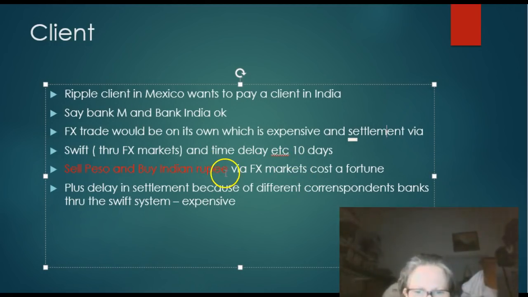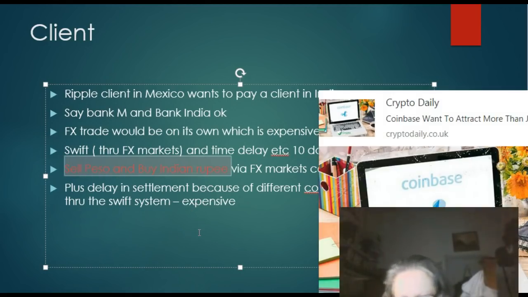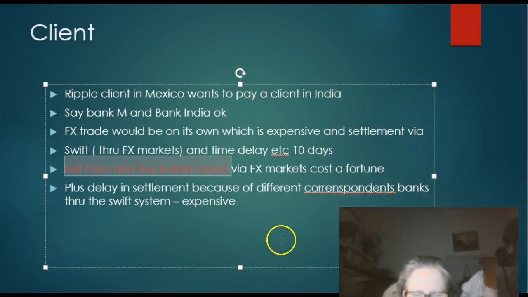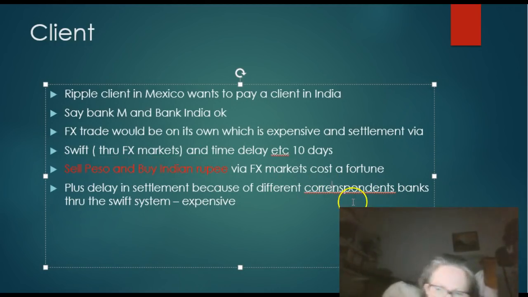Now, because this is not a standard foreign exchange transaction, it's not like a US dollar against the yen or an Aussie dollar against the US dollar, it's not liquid, so it would take longer. Sorry, I've got spelling errors, but I do this really fast, guys, so just take the fact that I'm not a great speller and I don't do word check. So it's going to take you longer than T+2 to settle this transaction.